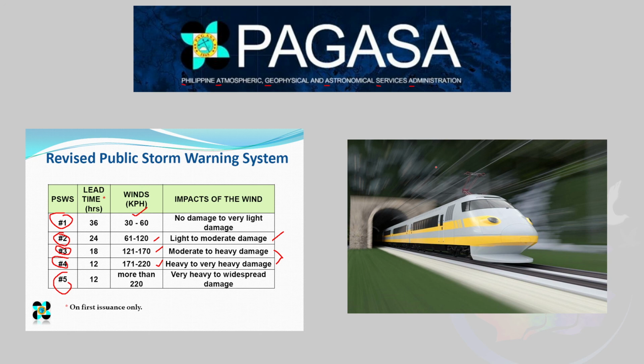For example, in Zamboanga City, we experience parang signal number 1. In a different area, let's say in Davao, they experience signal number 2. So parang ganyan. Rather than saying that they experience 30 to 60 kilometers per hour wind speed in that area, they just say signal number 1, signal number 2, and of course, what damage it can bring along the way. Okay, so that is basically it for today.